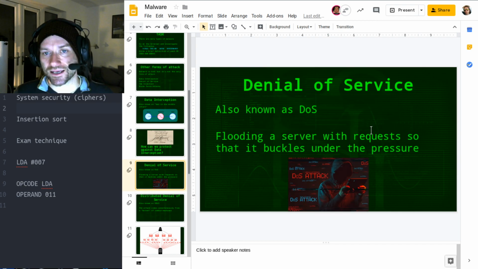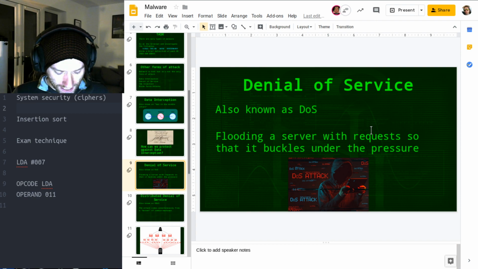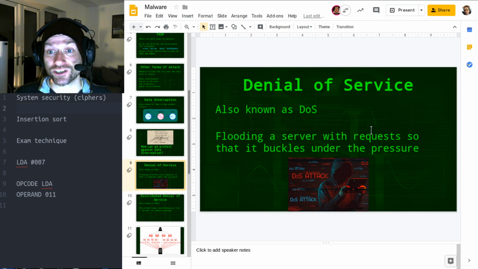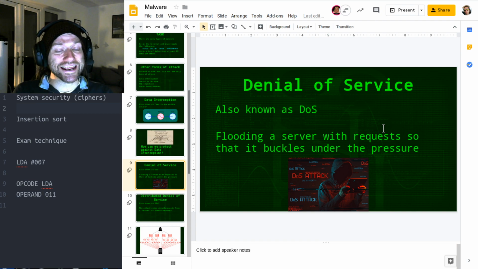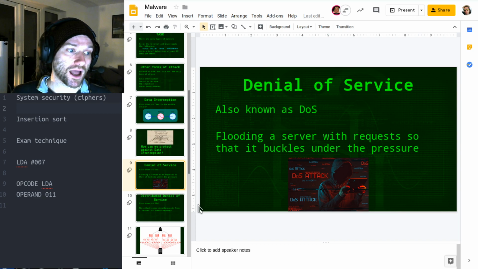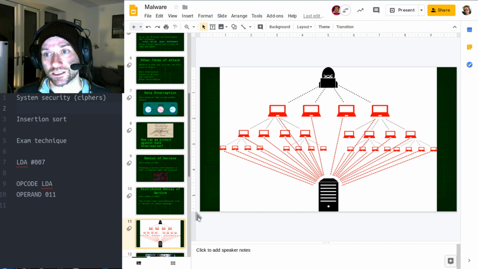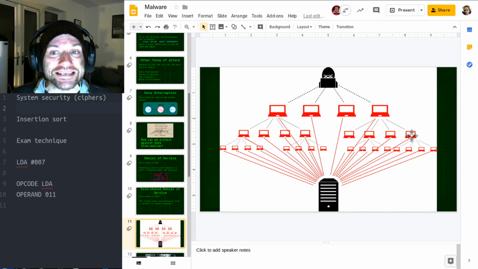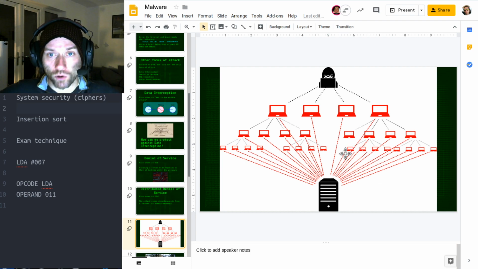Denial of service attacks. That's where everybody tries to access one thing at one time, and it causes a server overload, and it basically breaks the server because it can't cope with all of the pressure. Now, a standard denial of service attack is where a single node on a network is spamming the server. A distributed denial of service attack is where multiple zombie systems on the network will all target the server at once, okay,